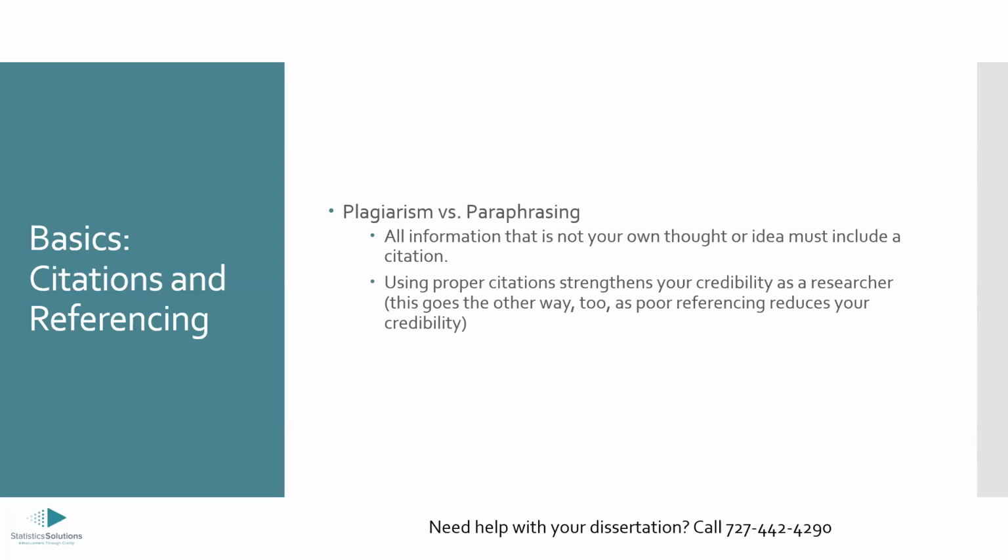Even though this seems like a common piece of knowledge, chances are it's not. Even if you're saying something along the lines of the sky is blue, if that's a big part of your paper, you should probably cite people who are agreeing that the sky is blue. Even if it seems like common knowledge, chances are it's really not, and you should be citing where you learned that information from. Using proper citations not only helps you avoid plagiarizing, but it also strengthens your credibility as a researcher, because it shows that you are using other examples and able to encode that into your own words and incorporate that into your own research.